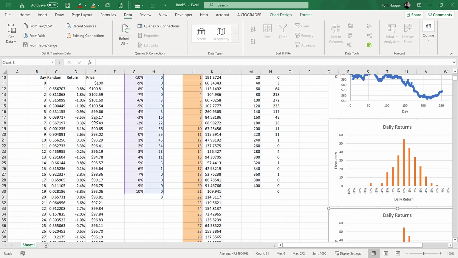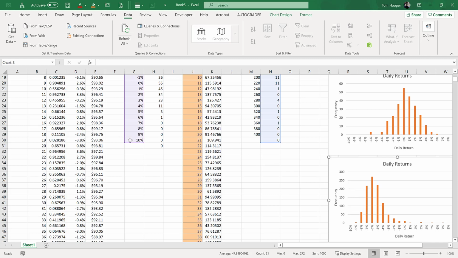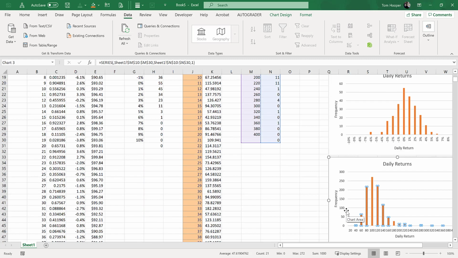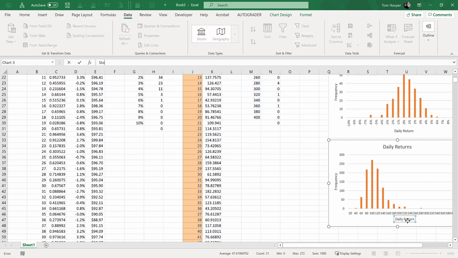Now, just like a formula in a spreadsheet, when I see these colored things that this chart is looking at, I can move them like so. Well, at least I can move the blue one, which is the Y data. If I want to move the X data, I'm actually going to have to click on this guy. And then we'll talk about charts some other day. But that way I was able to copy that chart, keep the frequency. And instead of daily return, I want that to say ending stock price,